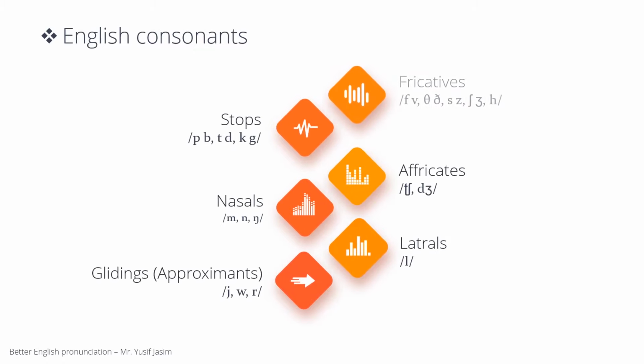Fricative consonants. To describe the 24 consonants clearly, we will classify them into 6 types: fricatives, stops, affricates, nasals, laterals, and glidings or approximants. In this video, we will start with fricative consonants. Fricative consonants are those sounds which are produced with audible friction, by narrowing the air passage at some point in the oral cavity, and when the air tries to escape through this narrow, it causes friction. Fricative consonants are further divided into several groups. Let's explain each one of them in details.